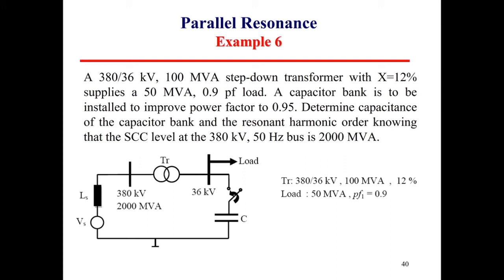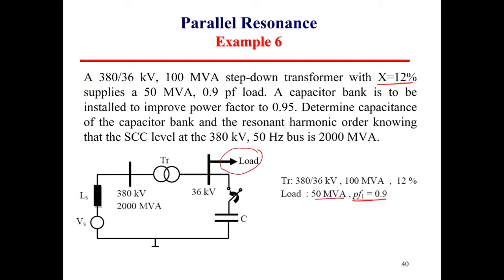Let us look at example number 6. Over here we also have a source impedance, we have a transformer, we have a capacitor bank, and over here we connect a load. It says that a 380 over 36 kilovolt transformer with a size of 100 megavolt ampere with X of 12% supplies a load of 50 megavolt ampere